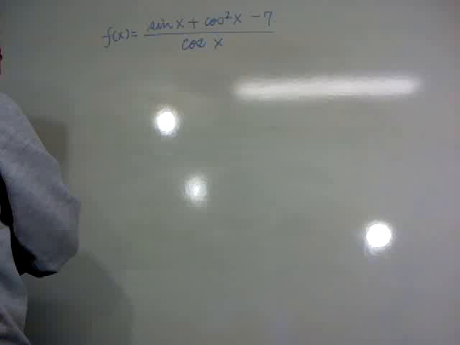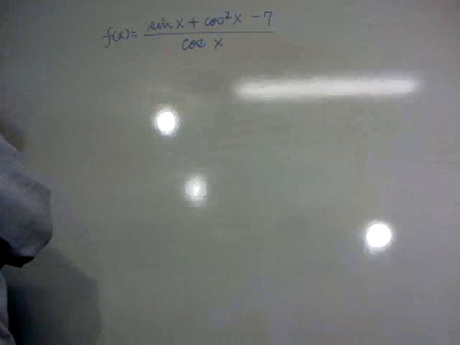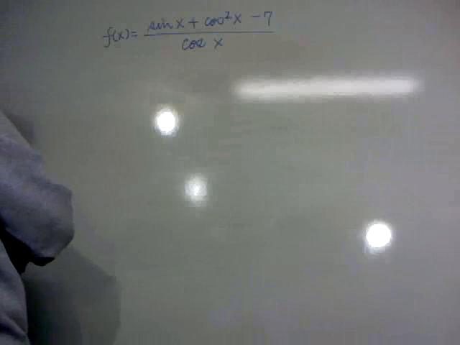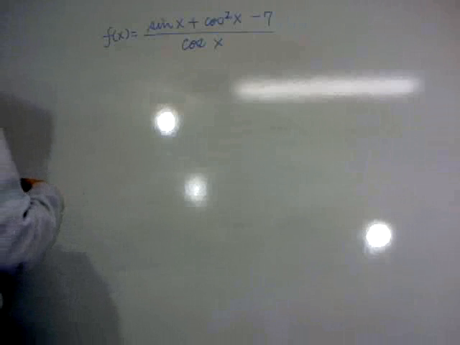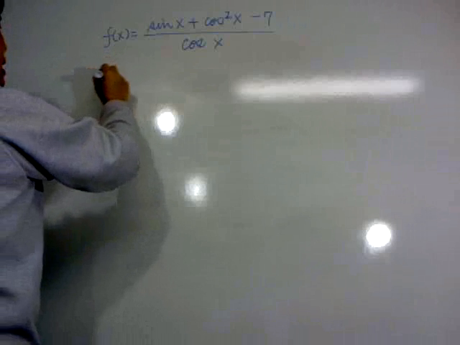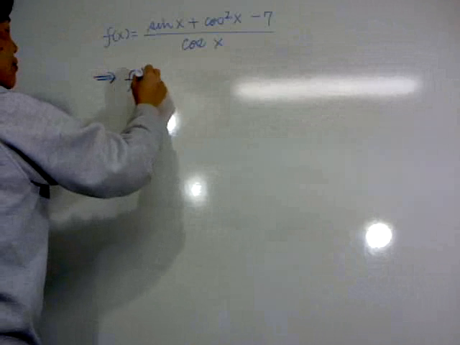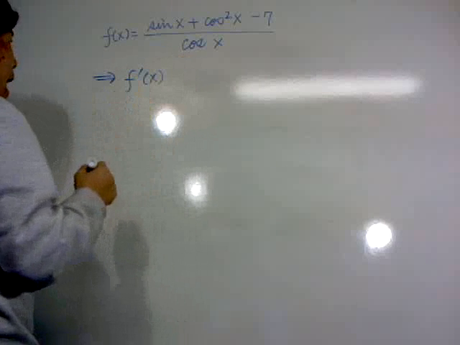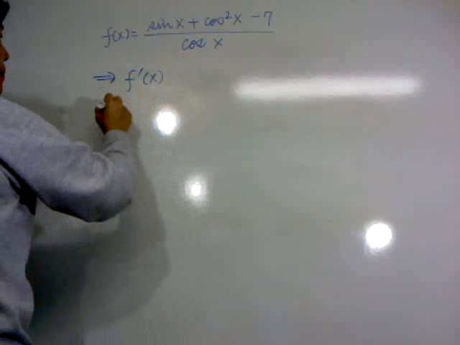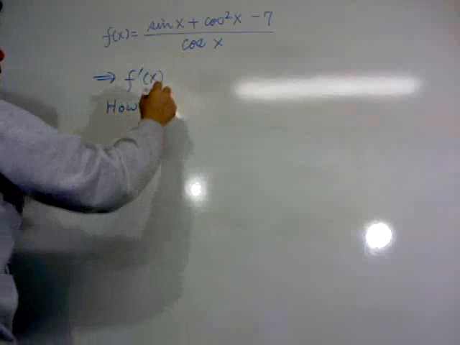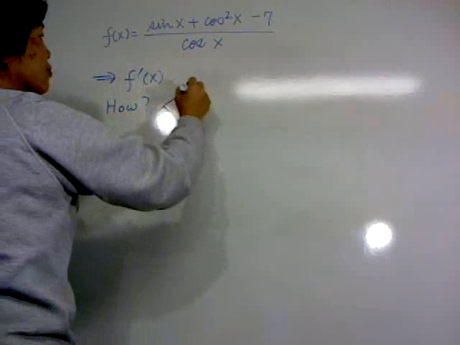of x, that is sine x plus cosine squared x minus 7 over cosine x. When you differentiate this, so find the derivative. Well, how are we going to do this? Okay, how? We may use a quotient rule